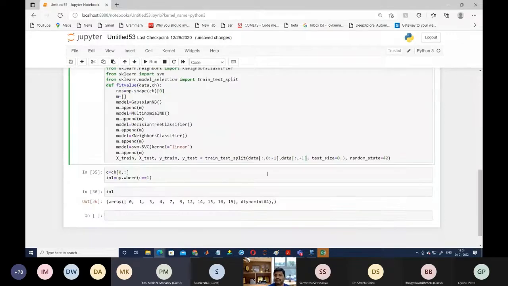Here we find our training data and our testing data. You can write X train as TR data, which is your training data. X test is your testing data, so we write TS data. Y train is your actual labels, so we write TR actual, and Y test we write as TS actual. TR data is the training data used to train the model. TS data is used to test the model. TR actual is the actual labels for the training data, and TS actual is what we use to validate the accuracy of the model.